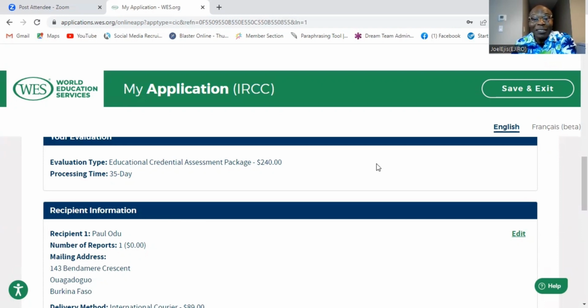My application has actually lapsed, and WES is saying I should pay a reapplication fee of $50 just to reactivate my account because it has lapsed. I actually needed a new accreditation for engineering purposes with Apex, and that is why I'm using WES. And that is why I advise everyone going forward, from my experience, because I'm sharing my experience with you guys, please use WES from the beginning so you do not need to go through the hassle